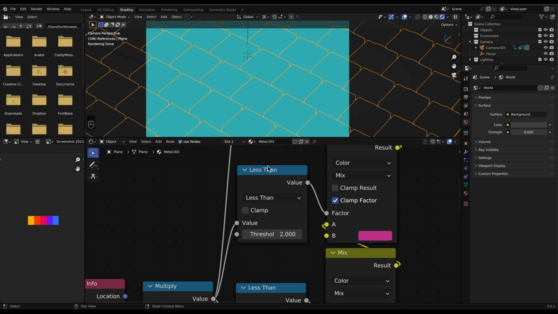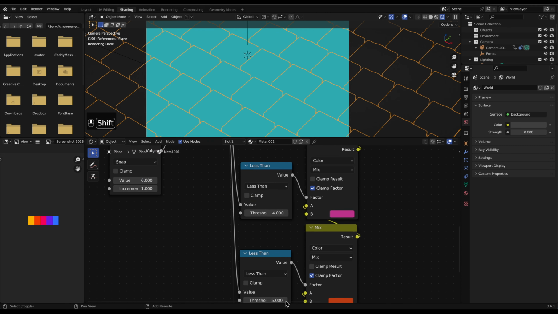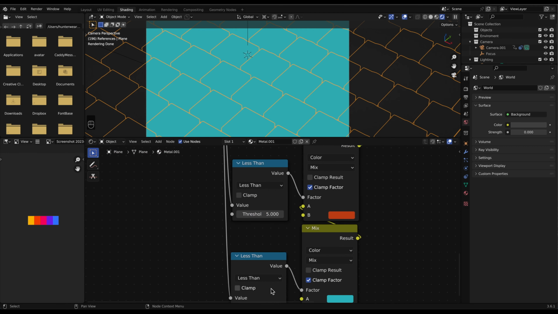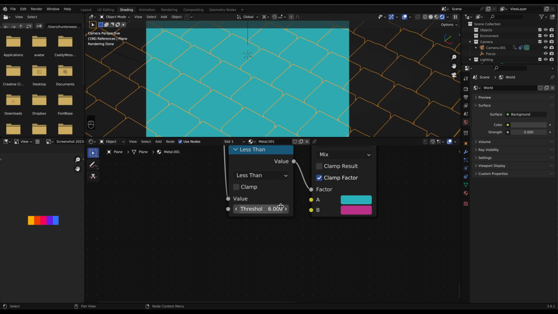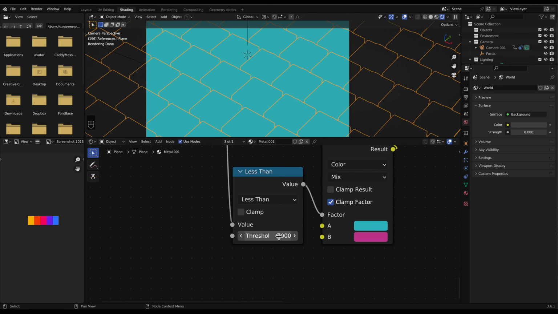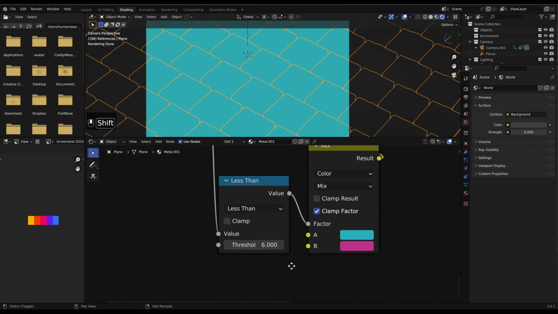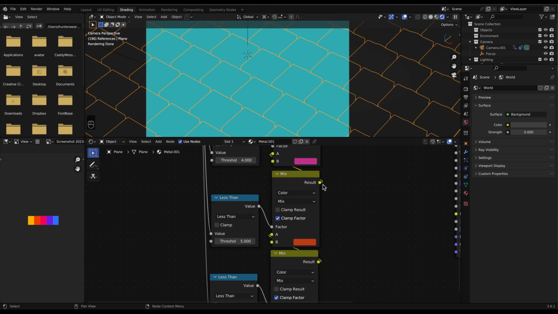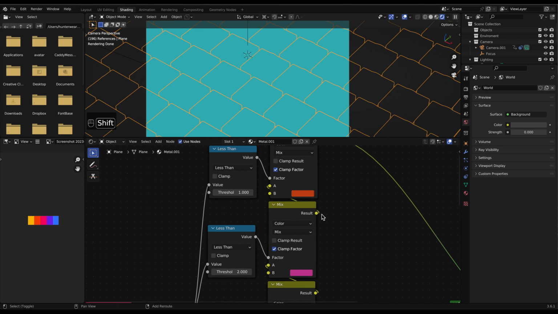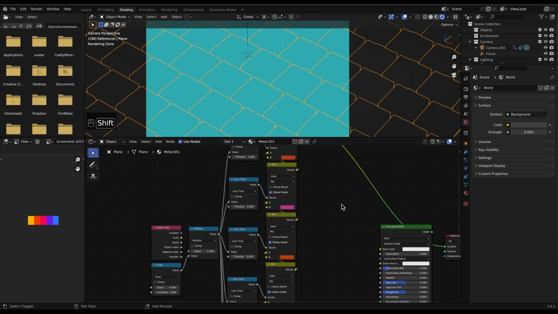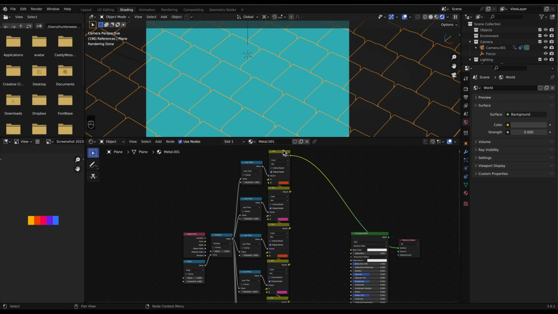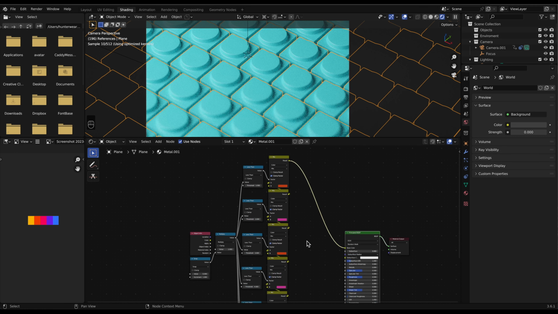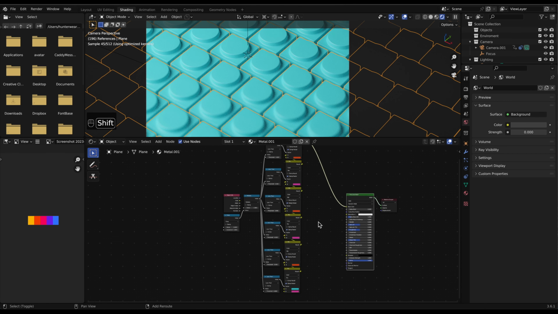Then it comes here. Is 6 greater than 2? Yes. And it will go all the way down. Is 6 greater than all these values? Until finally it comes to here. Is 6 less than? And then it will output slot A and feed it all the way back up here to the result. So I'd recommend playing around with this a little bit so that you can get the hang of it. It can be a little bit confusing. So I'll plug that into the color.